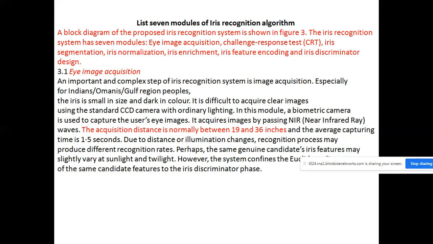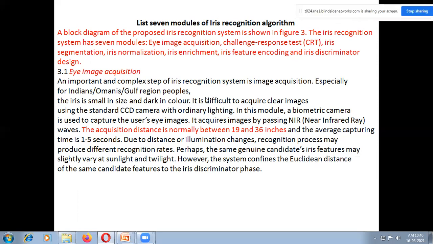Difficult to acquire clear images using a standard CCD camera, the normal charge coupled device camera. We cannot use it for iris image capturing with ordinary lighting conditions.